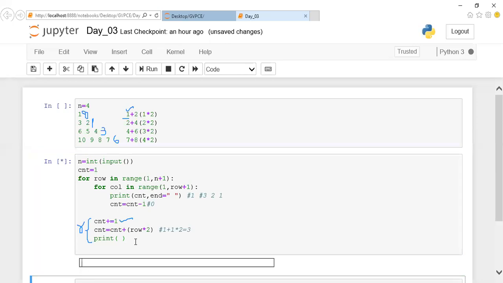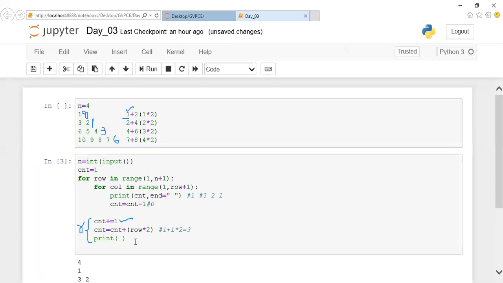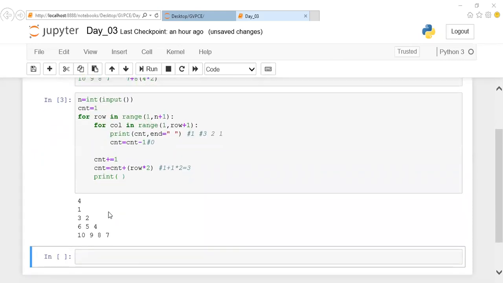Is this clear for you people? So now look here. We got this pattern. Is this clear? Guys, it is very simple. I've given you a step by step process of how to form this one. Come on, respond to me so that we can move on to the next one, if at all you have any doubt.